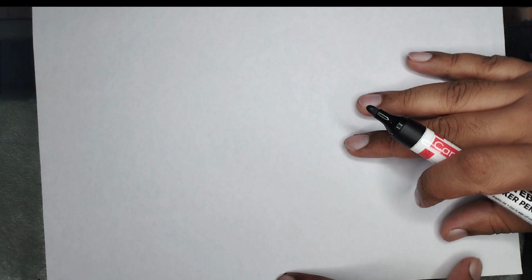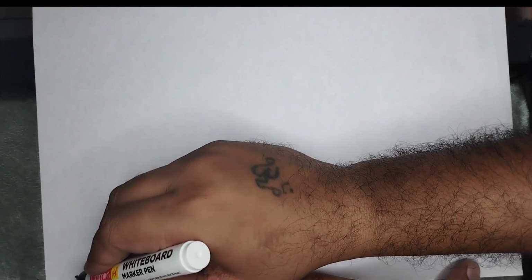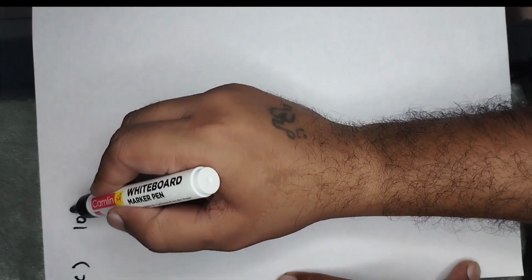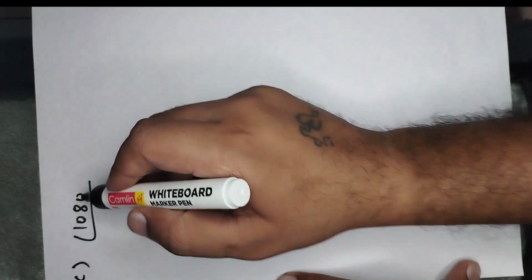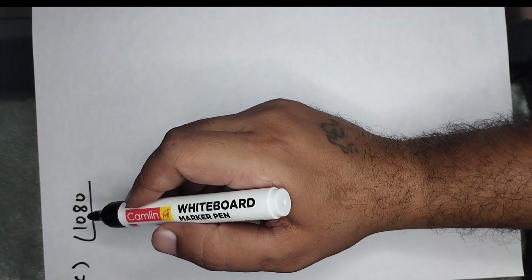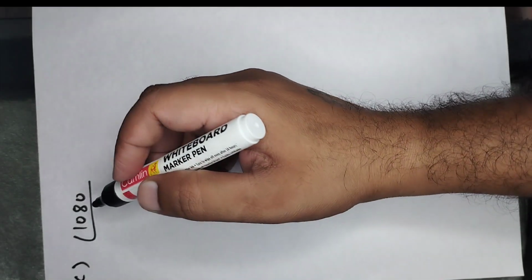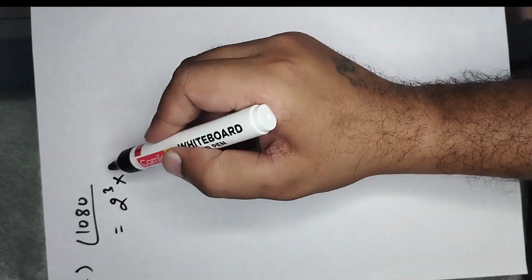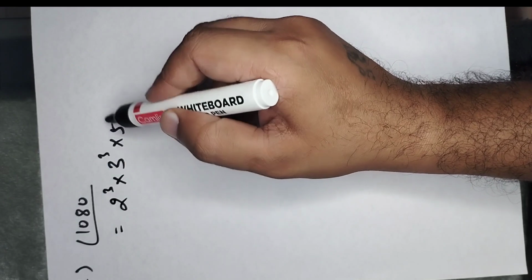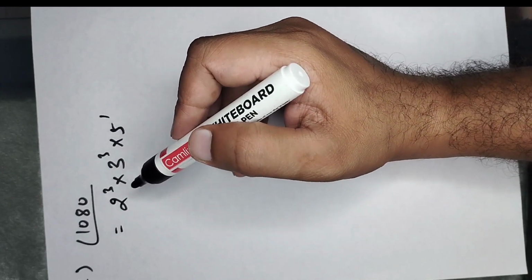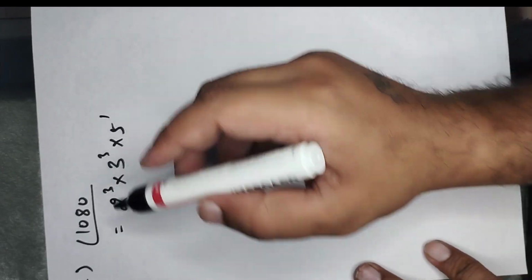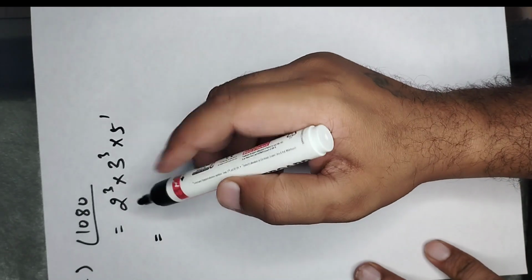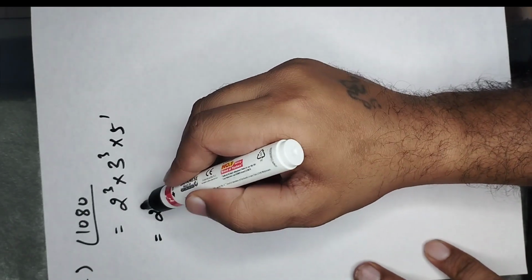Let us take one more example in this one. If I am talking about a number, let us say 1080. Now I can write this number directly as 2 raised to the power 3 into 3 raised to the power 3 into 5 raised to the power 1. Now if I have to find the number of square factors, I can write this one as